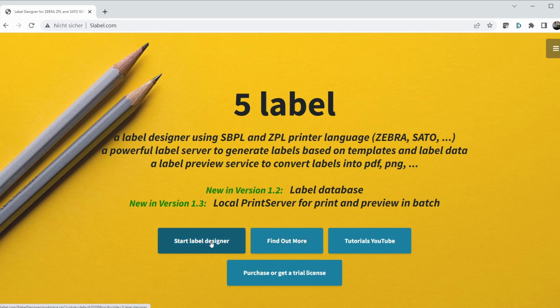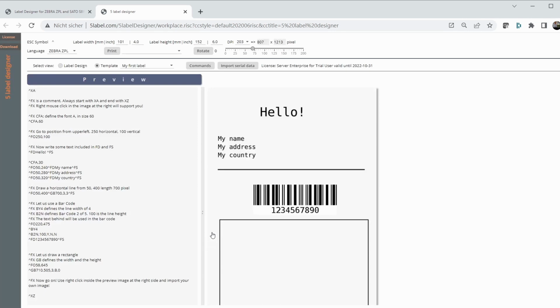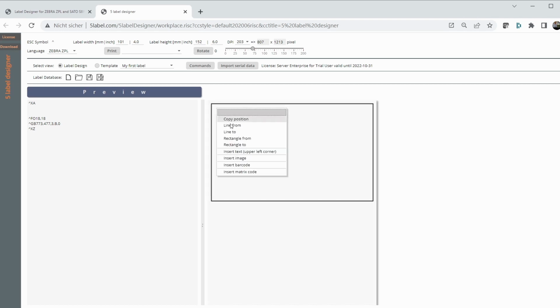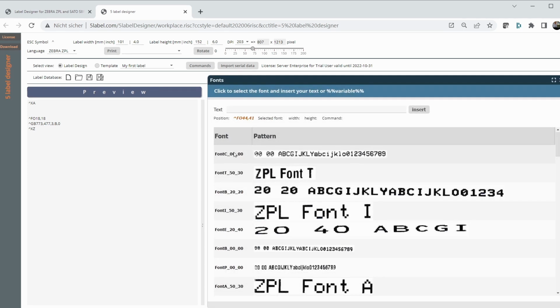As you've seen in some videos before, 5Label is accessible on the internet. You can use it for design. So let's have a small example. You go on the right side with the right mouse and define one of the functions, rectangle from, rectangle to, and the Zebra ZPL or SBPL for Sato code will be shown in the editor on the left side. So to create a label, just use one of the functions and